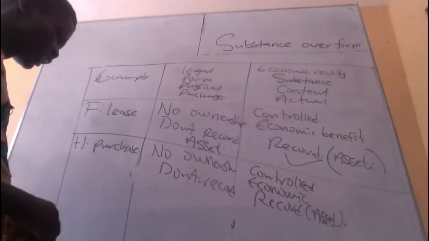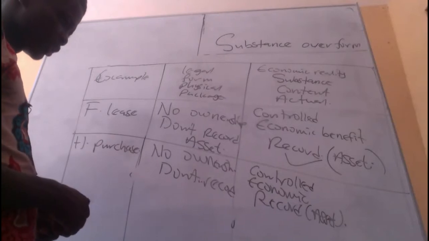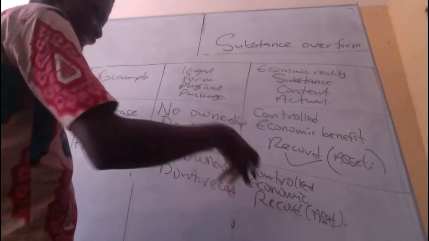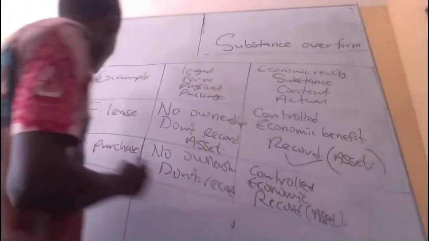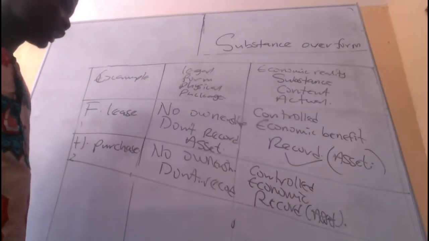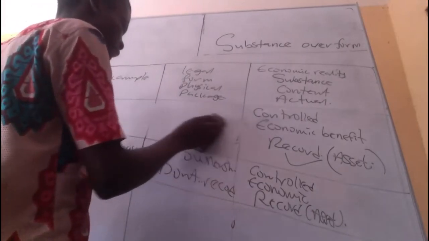Okay. Now, tell me, what will you do? Whatever the case, substance supersedes, so here you have to record the asset in our book. So hire purchase, we have to record it. So that's example 1, example 2. Now let's see if you can do example 3. Good. Let me take this session and do example 3 here.